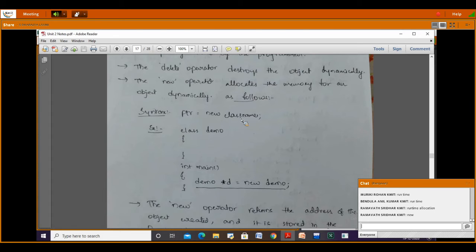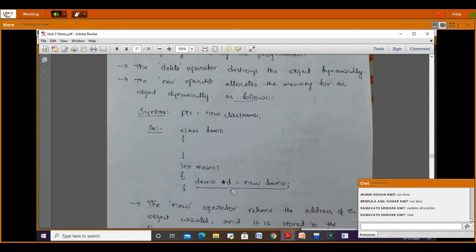Then we have an example. I have a class, and after the main function I'm writing demo *d = new demo. Whatever new we are using is used to create an object.